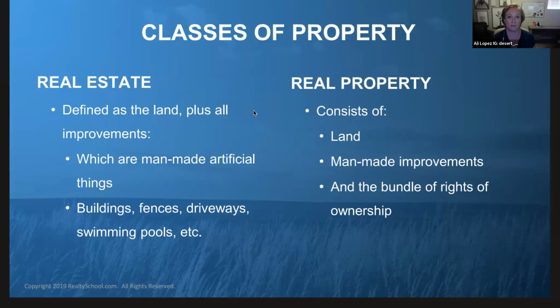What about farming implements? We'll get into that. Real property consists of the land, the man-made improvements, and the bundle of rights of the ownership. The difference in real property and real estate is the bundle of rights of the ownership. Okay, your bundle of rights